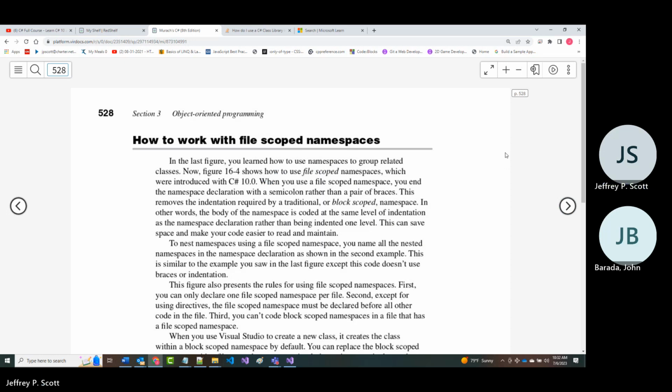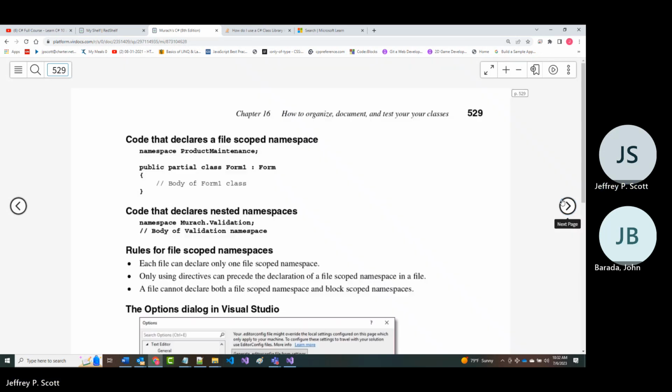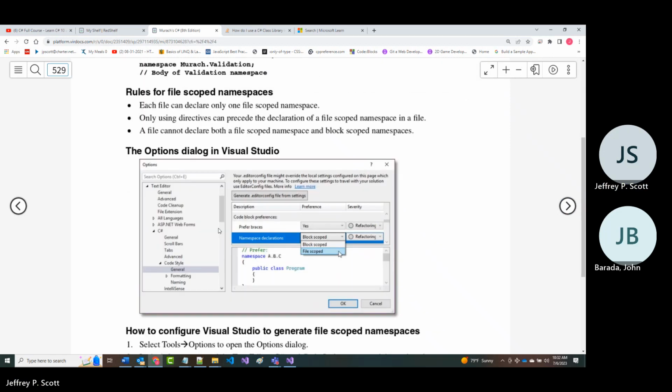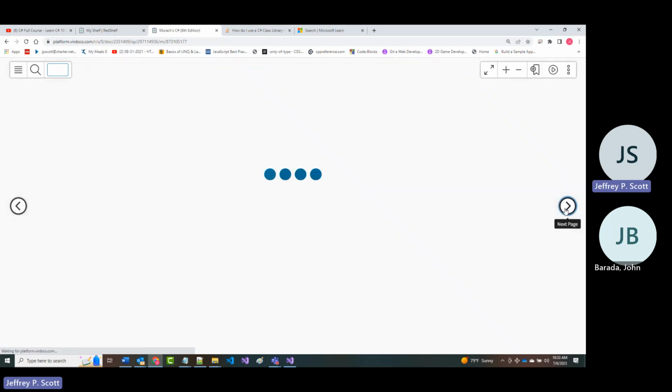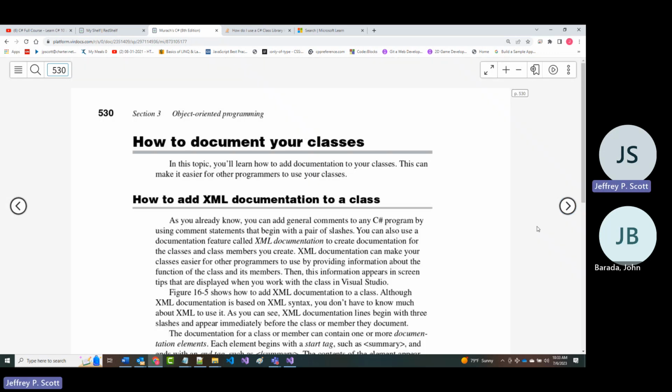All right. It says the next figure here shows you how to work with file scoped namespaces introduced in C# 10.0. So when we look at this, since it doesn't even pay really for me to get into this, because with the version I'm using, we can't use this anyway. But they do show you what they are and how to use it in here. Again, I am not trying to hose you or keep anything from you.